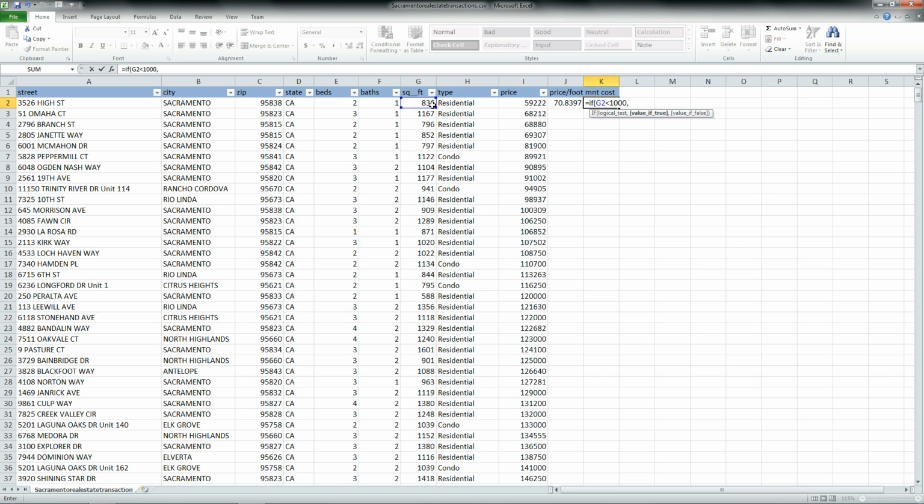comma, do what? Let's take the price and multiply it times 0.25, or take that price and multiply it by just some other arbitrary number, 0.35. And close parenthesis, then hit enter when you're done, and that completes the formula. So basically for a house that's 836 square feet, which is less than 1,000, take that 5,922 price and then multiply it by a quarter, which is 0.25%.